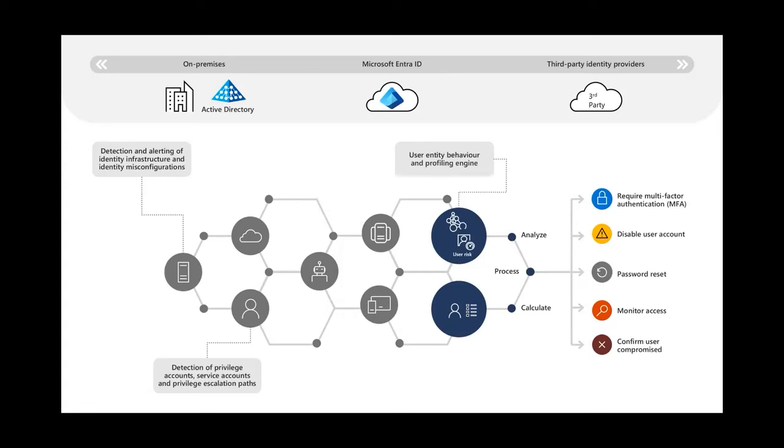Having some sort of UEBA or behavior analysis across your identities is pretty important as well. Yes, we want to detect identity compromise, but we also want to identify where risky behaviors are happening that might not in and of themselves be high fidelity enough to create a specific detection. So with the UEBA capabilities, you want to identify where identities are doing things that are out of character for that particular user,